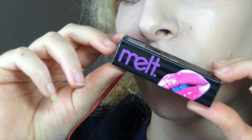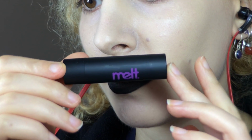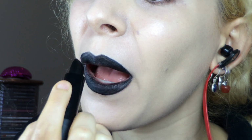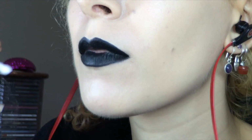out my new Melt Cosmetics lipstick. And this one is in Bane, their matte black one, and I'm applying that to my lips, as one would expect. I haven't used this lipstick before today, and so far I can say that it is actually pretty stiff, as in it drags on the skin a bit when you apply it, but it is incredibly pigmented and delightfully